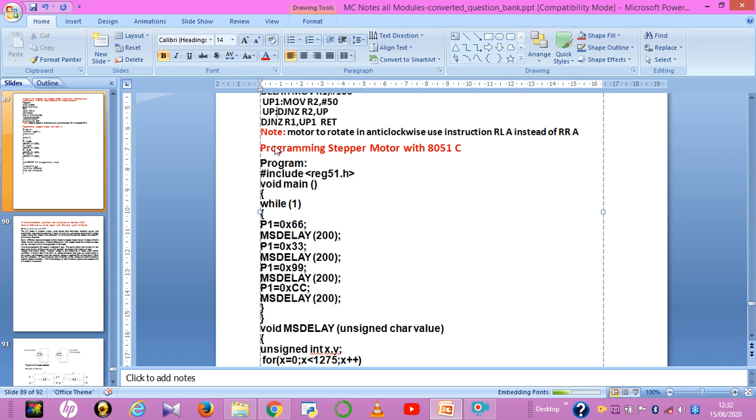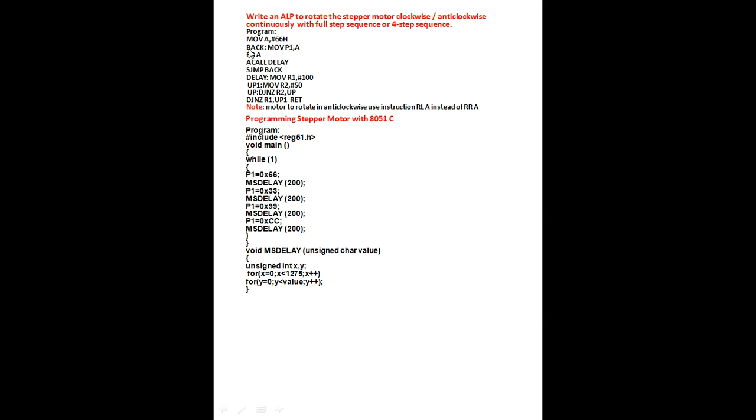Next, if you want to rotate in the anti-clockwise direction, just instead of RR A you have to use RL A. To rotate the stepper motor anti-clockwise, only this instruction has to be changed. That is enough, and the remaining program stays the same.